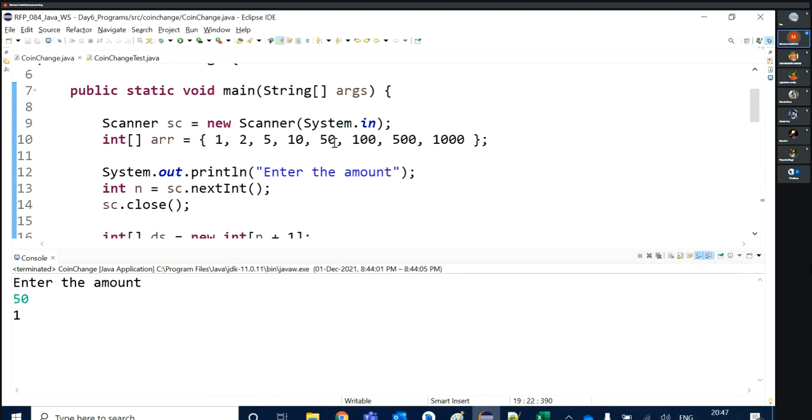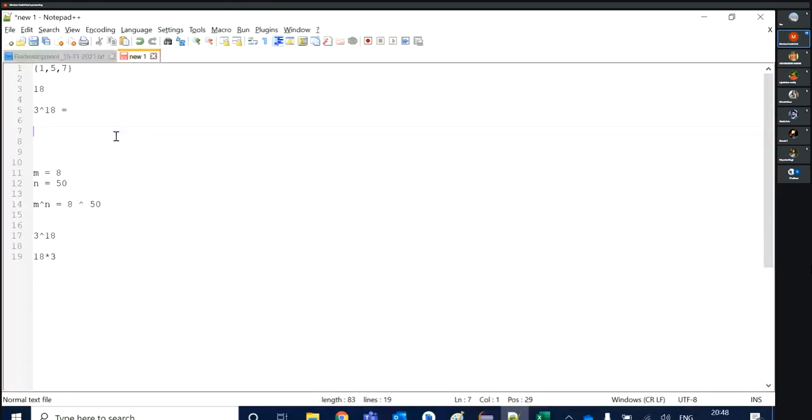We can calculate in our mind in a fraction of a second that the answer is 1 only. But for our program it was taking too much time, because there are 8 denominations, and let's say I'm giving the amount 50.